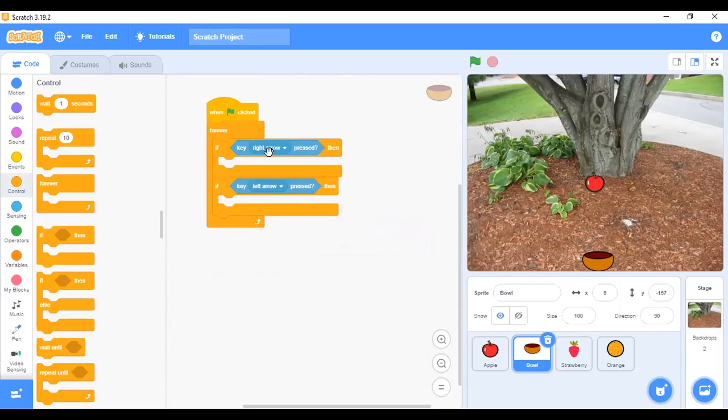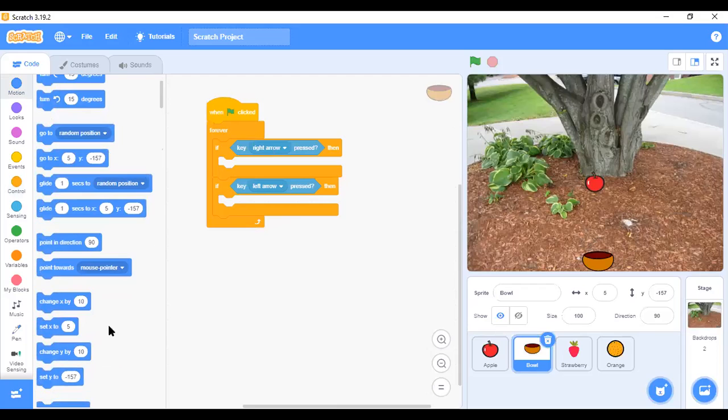So this space is empty. What will happen if you press the right arrow? Nothing will happen if you press the right arrow. So I'll go to the motion. I already used change X by 10 last week. You saw me use it last week. So I'm going to show you how you're still going to use it again. I told you anytime you are dealing with the right arrow key, the value must be positive, while for the left arrow, the number must be negative. Let me duplicate this and change this to -10, like that.